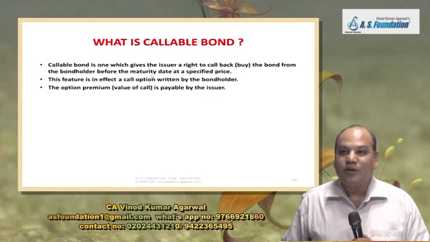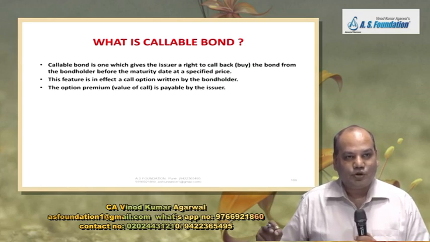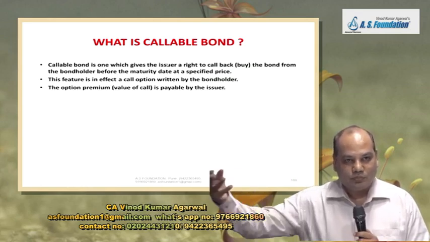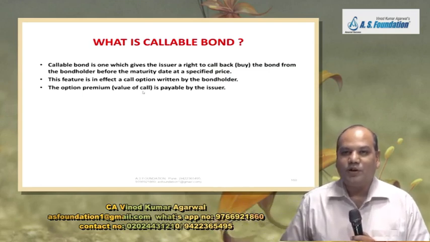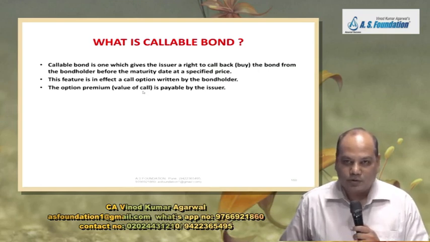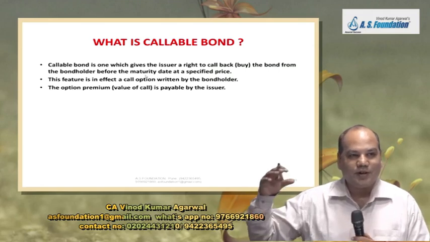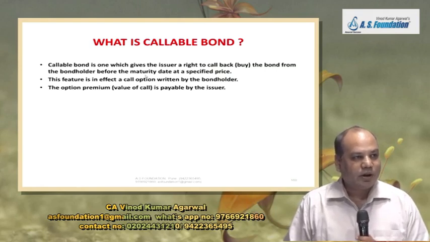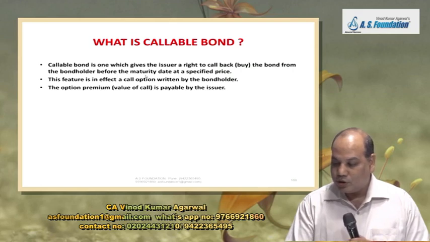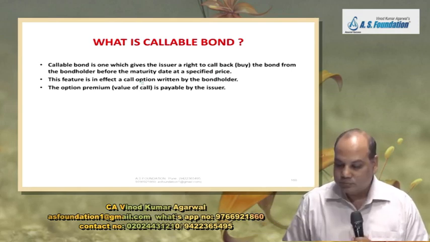So who is paying premium to whom? Indirectly, company is in short paying the premium to the investor, the bondholder, because the one who holds the option pays premium to the one who writes the option. But that premium that is paid by the company to the investor is somewhere embedded in the pricing of the bond itself. So now our task will be to make adjustment for this premium also, which is embedded in the pricing of the bond.